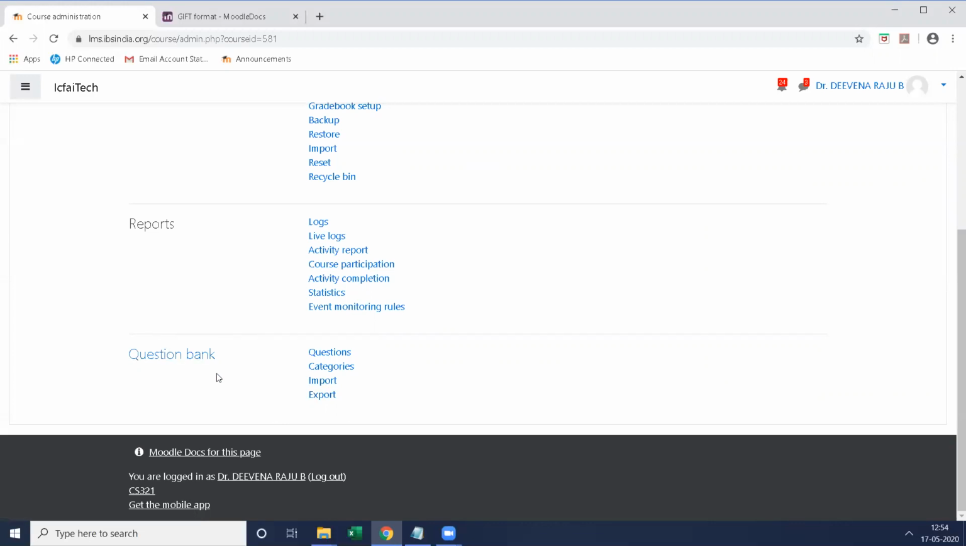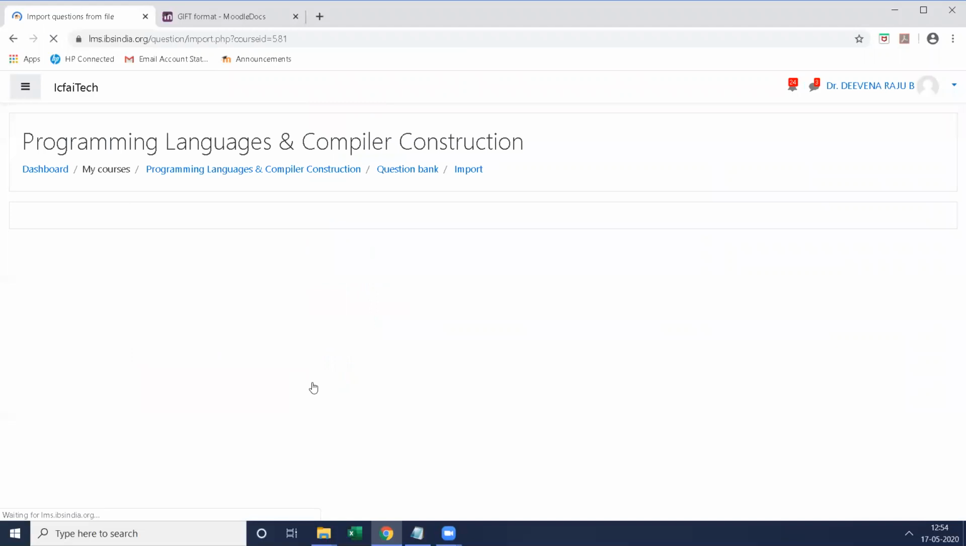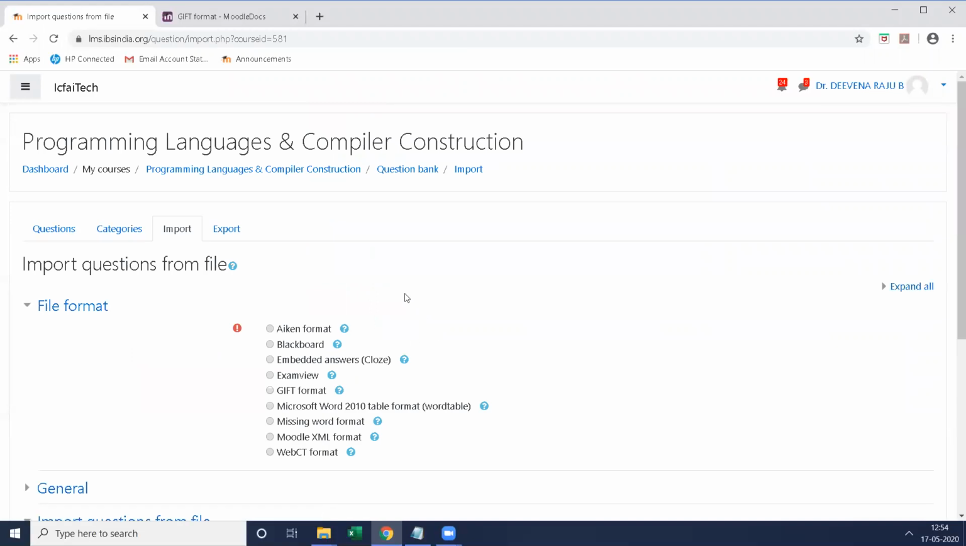So to add all these questions to the question bank, you need to perform import operation. So click on that particular option, import. Once you click on that import, it is going to show various file formats. Here we prepared the file in GIFT format. Among the different formats you have Aiken format, Blackboard format, embedded answer format, examination view format. So our required format is GIFT format. You click that format here